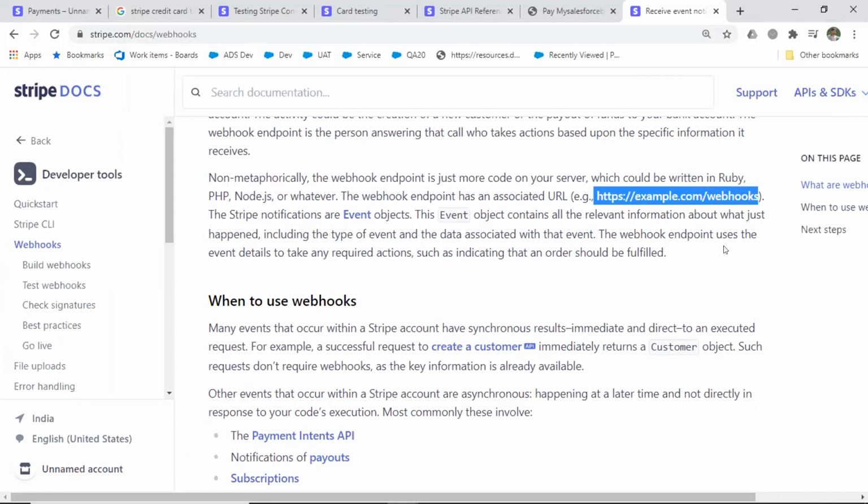Maybe the webhook is having some JSON file. It is going and hitting some endpoint URL in Salesforce, and it is passing the JSON file. So we should design some listener class. Maybe some REST API class is a listener class that accepts the JSON sent by the webhooks. We have to parse that JSON, and maybe we can do further updates in Salesforce.